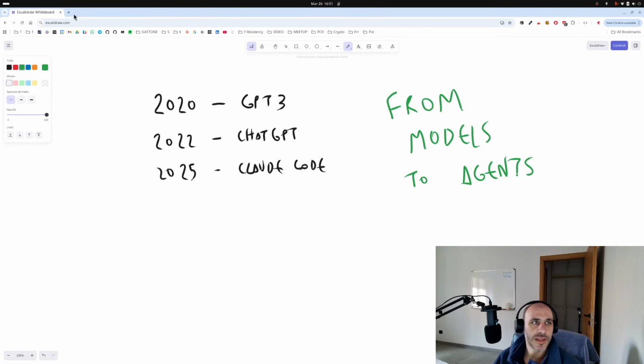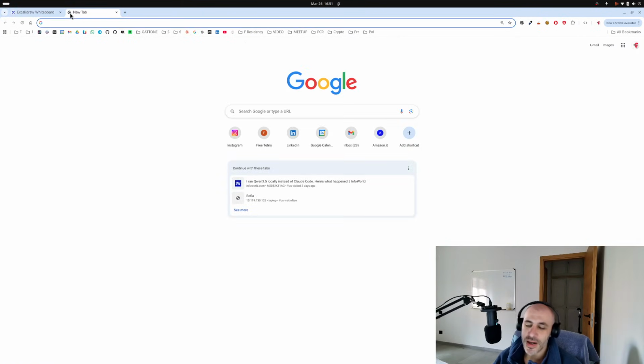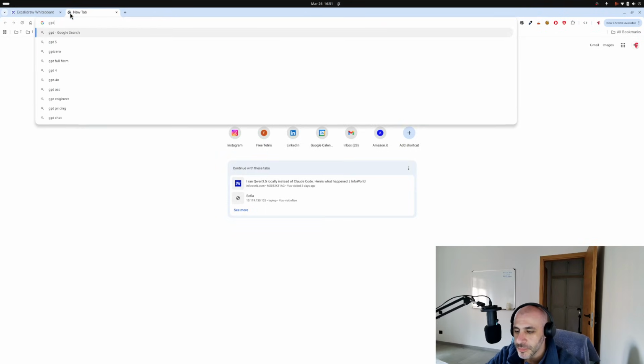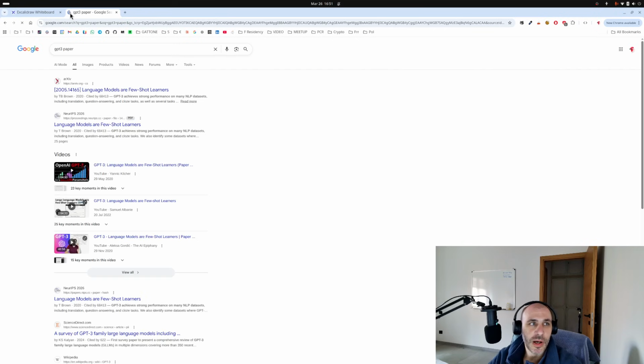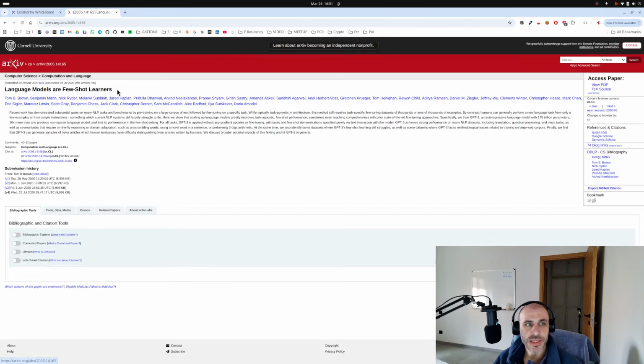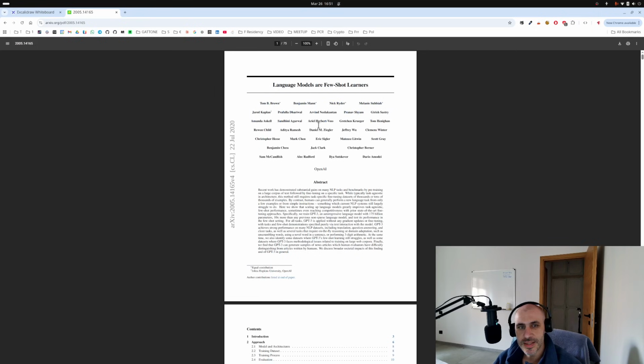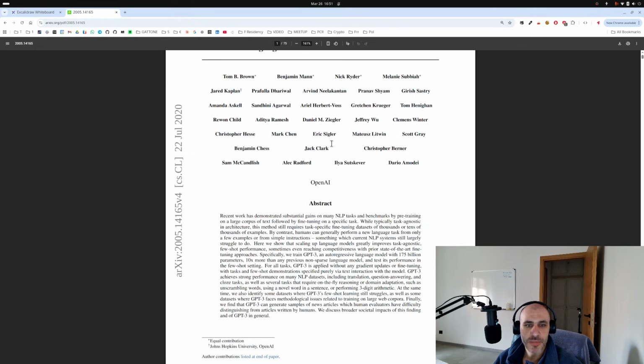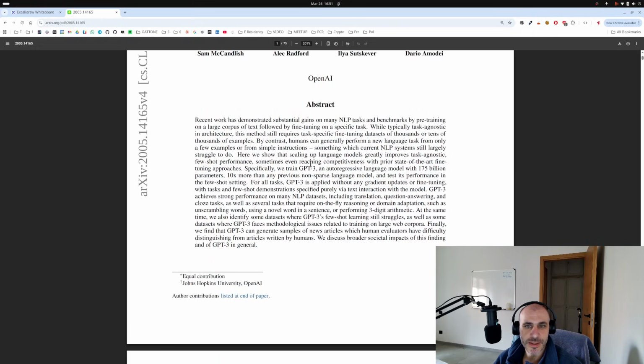Before 2020, language models were small. And so OpenAI proposed this paper, which is called Language Models are Few-Shot Learners. The main point of this paper is exactly here. We train GPT-3, a language model with 175 billion parameters.